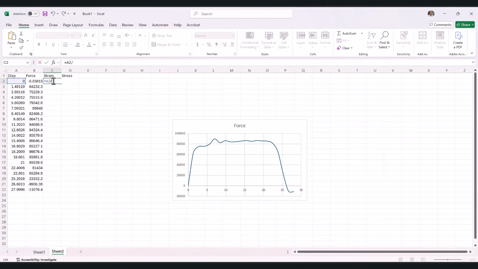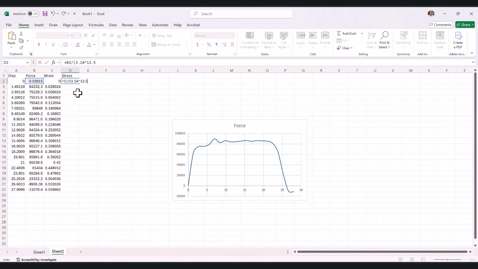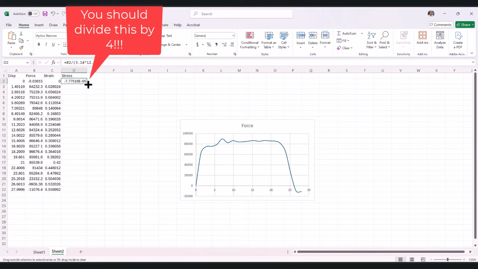The gauge length was 50 according to the standard, and we have this one. This is the strain, and for the stress we need to divide this one by pi, which is 3.14, times d squared, which is 12.5 to the power of 2. This is the stress